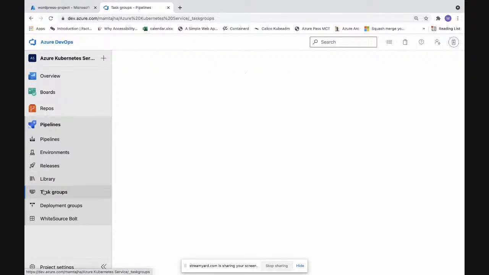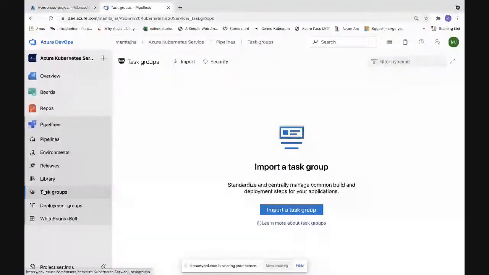Now, there is something called task groups as well. When we are building up a pipeline, we would be doing a lot of tasks inside it. Let me go back to this, clean up this page, and let's understand a few things about the pipeline. So I said that my pipeline can be of two types: a build pipeline and a release pipeline. These are two stages, a build stage and a release stage, you can say.